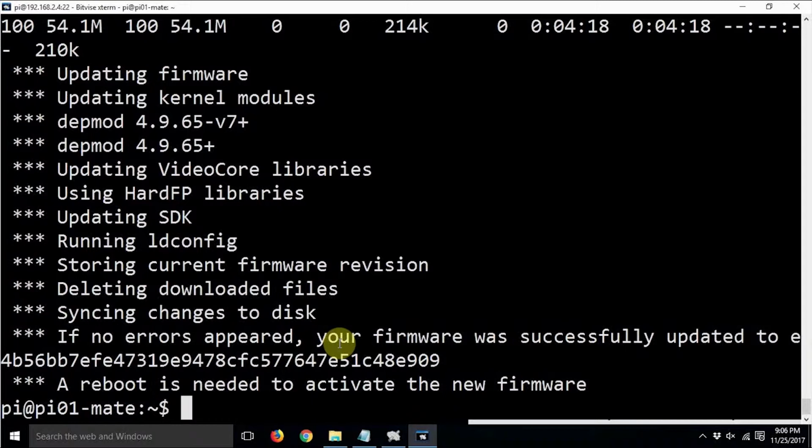So we need to use two commands for that. So let's have a look at these two commands. First one is sudo apt-get update. This is going to fetch all the update list from the repository and update it in the local checklist. It is analogous to preparing a checklist of all the software which needs to be updated or upgraded.